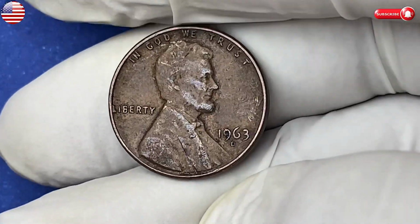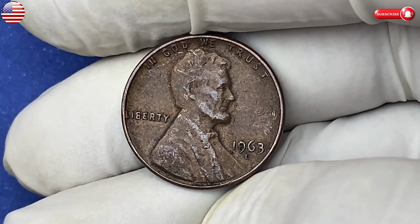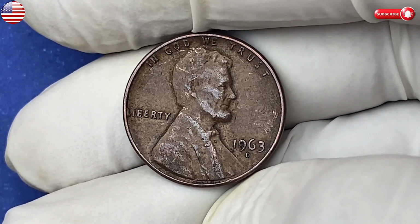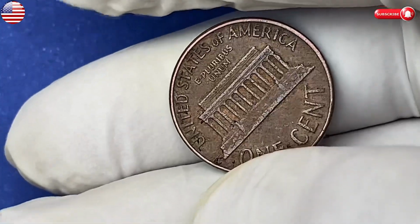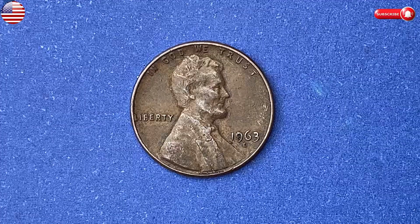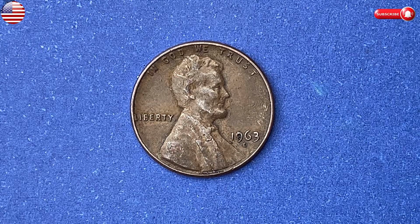Every so often, a 1963 penny surfaces that has all the right ingredients: a rare error, stunning condition, and immense collector demand. These coins have been known to sell for jaw-dropping amounts at auctions, shocking people who thought pennies were just spare change. Imagine holding a coin in your hand that once sat in a pocket or a piggy bank and realizing that it's actually worth more than most people make in a year, and that brings us to the